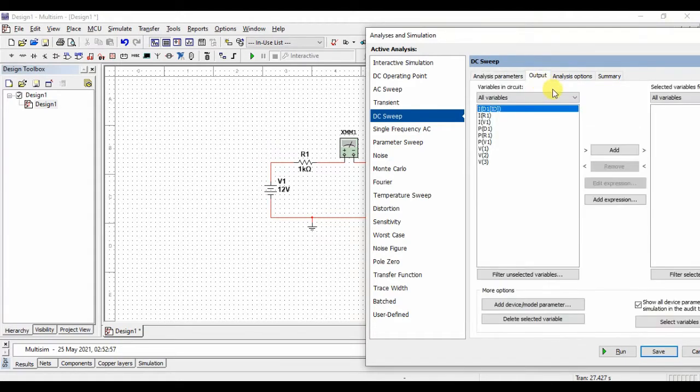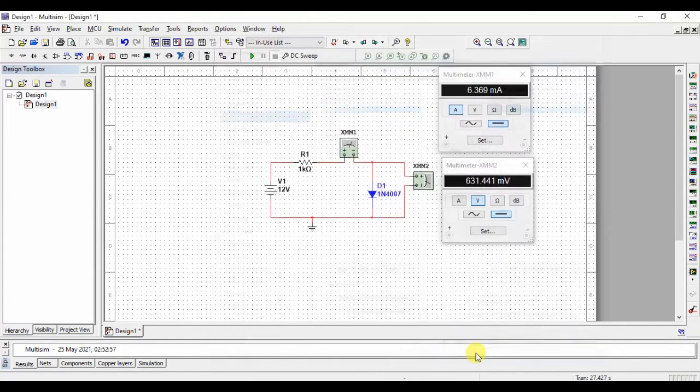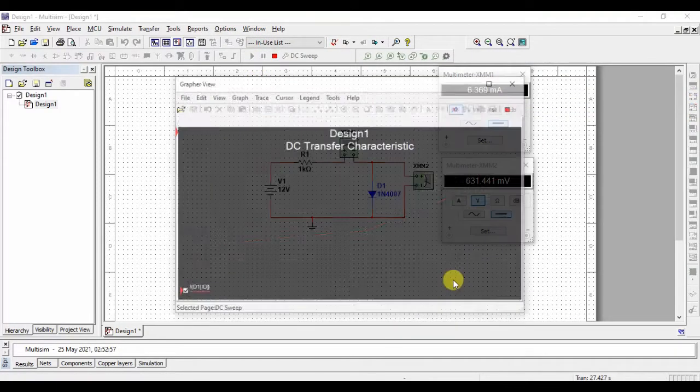At the output side, there are a number of variables available. Which one are we going to take as the output on the y-axis? In general, the current across the diode is taken as the output. So on the y-axis we are going to take I. Add this, save the circuit and start the simulation.